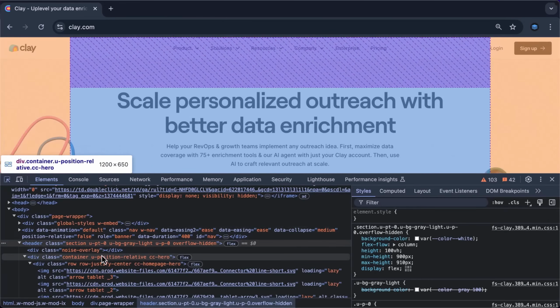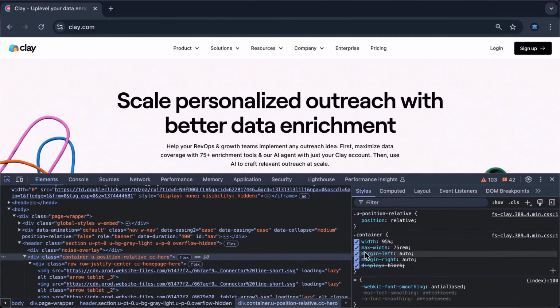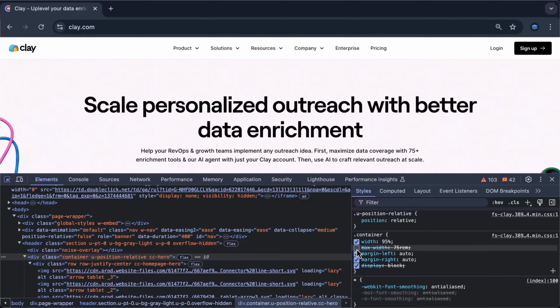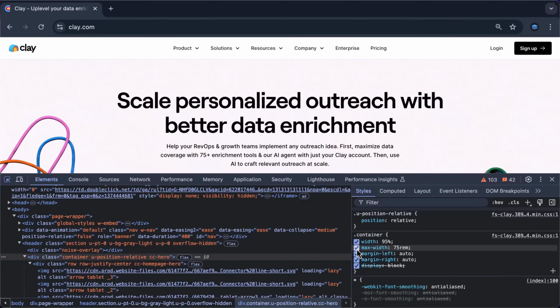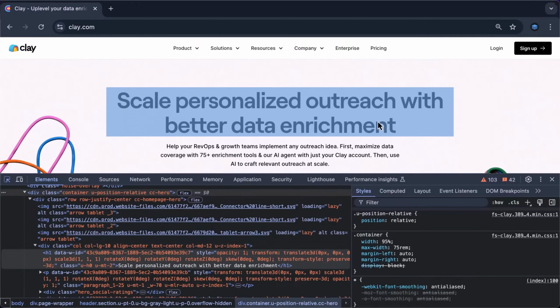Over here we have this div with the class container. So I'm going to click on that. The container has a max width of 75 rems. We're going to be talking about rems soon, which is a relative unit. Now I'm going to turn this max width off, and you'll see that the content stretches much further. The max width is here to ensure that on larger screens like a desktop, the content inside the container doesn't